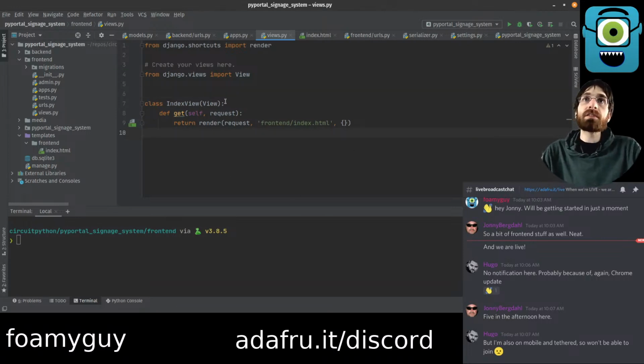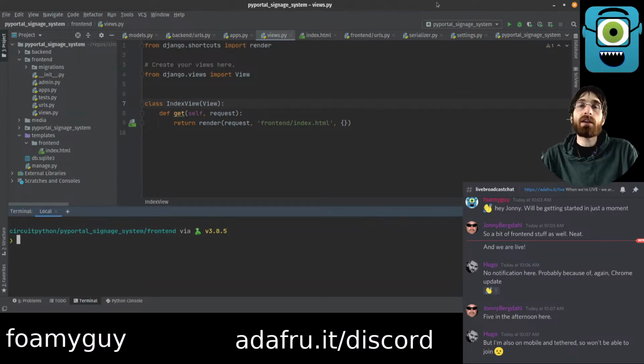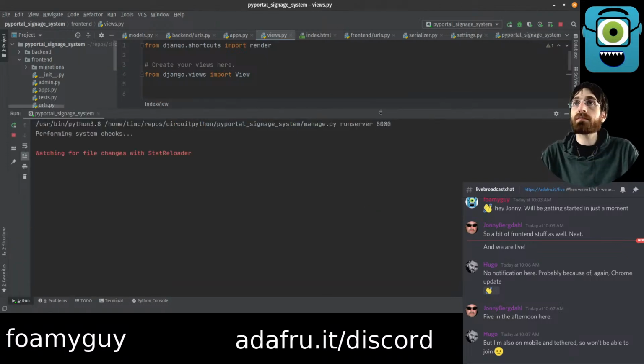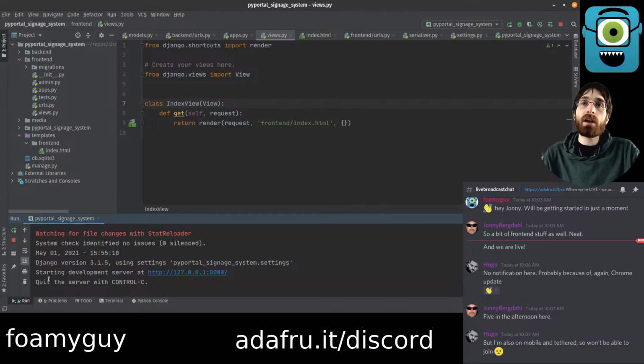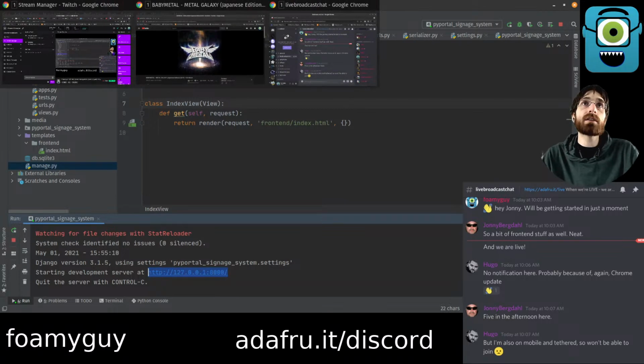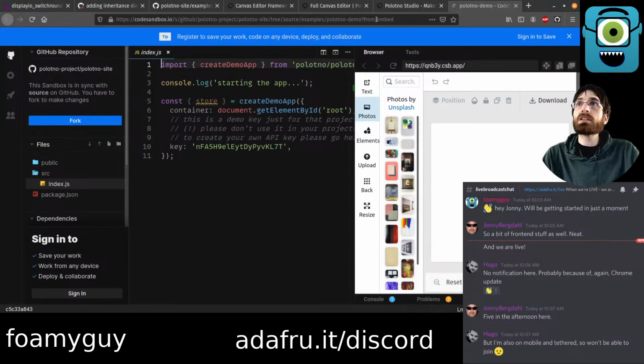And real briefly, I'll give you a quick tour of what we have so far. So let me just run this server. If you are not familiar with Django, this is the way that you run your server. When you create a project, you get this file called manage.py, and manage.py helps you do a bunch of different things, one of which is run a test server here. So we now have a test server running on this address,